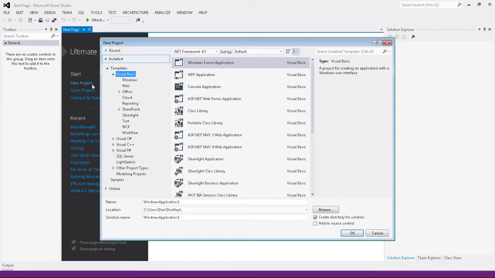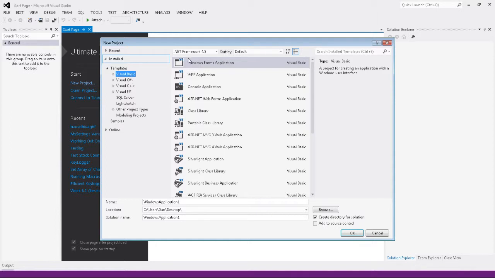When opening a brand new project, you will get a few options. Down this side on the left you will get Visual Basic, Visual C#, Visual C++, and Visual F# as your main four, in my opinion, or at least from my very basic standpoint at this point. The tutorials I'm going to be doing will be mostly in Visual Basic and Visual C#, however some may come in Visual C++,